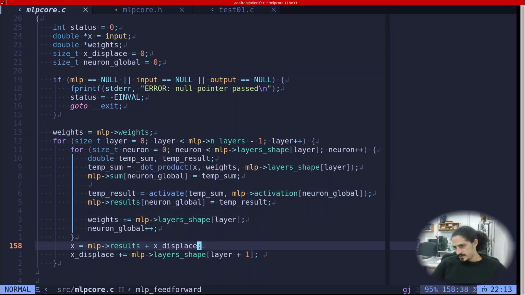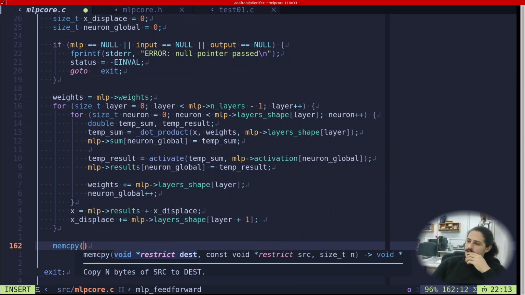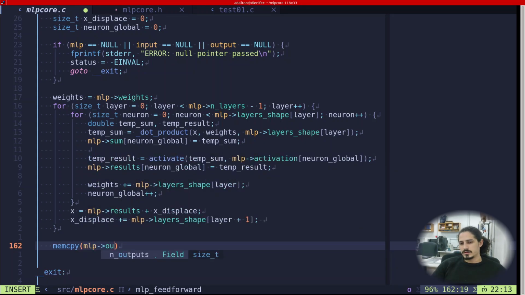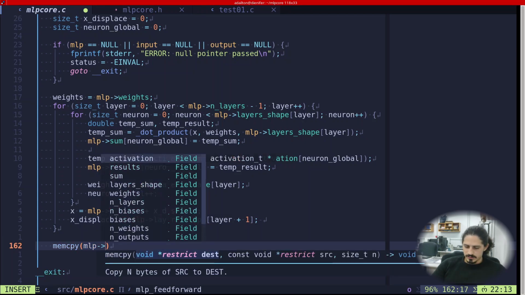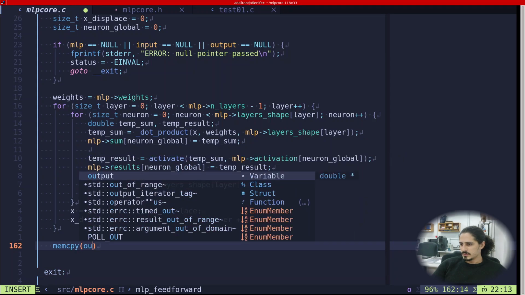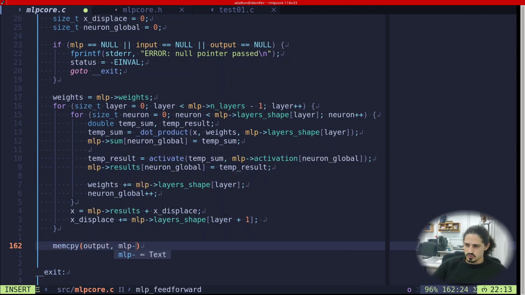And at the end, we have to copy the values of the results to the output. So copy the results from MLP. Okay, MLP. It's not MLP, it's output. MLP dot results. Okay,